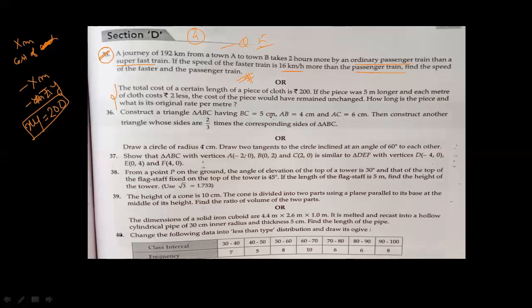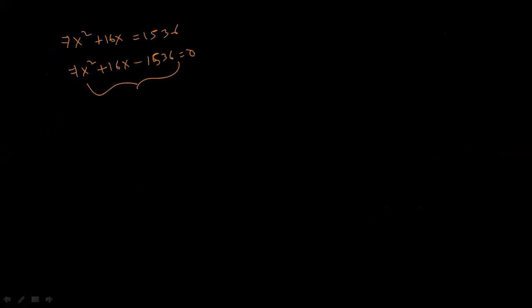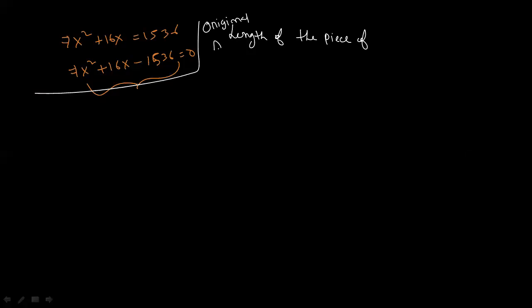Write down that the length of the piece of cloth is x meter. That is the original length. Original length of the piece of cloth equal to x meter, and